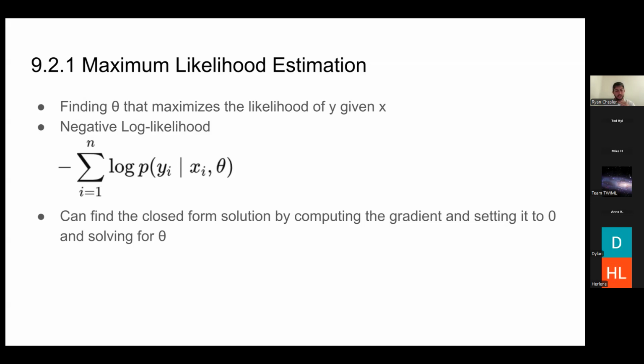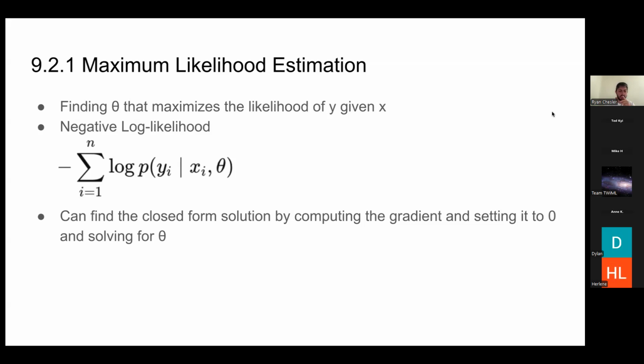And so we have some loss function, and then we can compute the gradient with respect to that loss function. With the right constraints, we can compute the gradient, set that to zero, and then solve for our parameters. So it's a closed form solution where you can directly calculate the global optimum value. It's much more complicated in other cases where you might not have linear models or the right constraints in place. But with this, you can just directly calculate the parameter